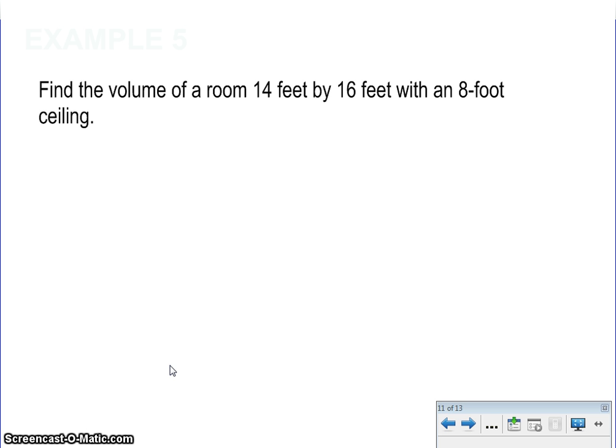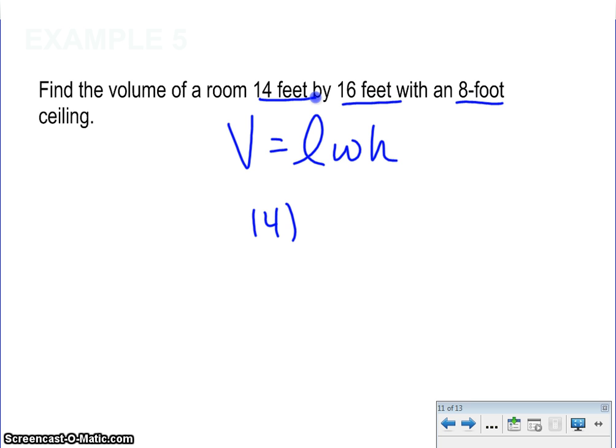It says find the volume of a room 16 feet by 14 feet by 8 feet. And the volume can be found by taking the length times the width times the height. So we know that the length here is 14, or actually that's the width. The length is 16, and it's 8 feet high. When we multiply all of those together, we get